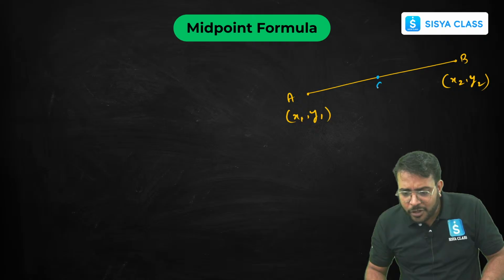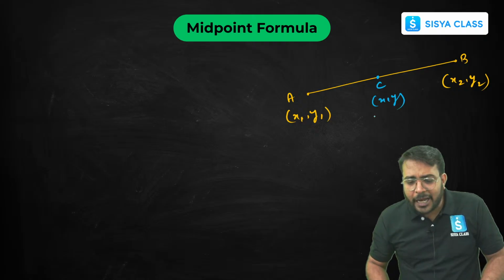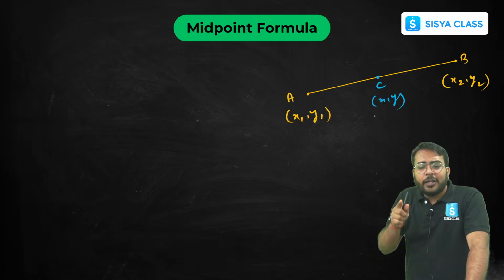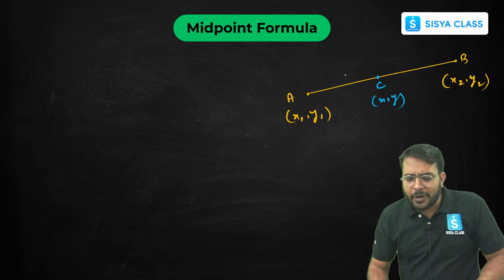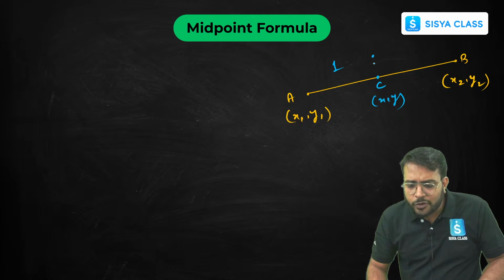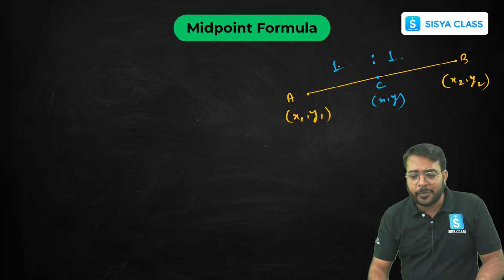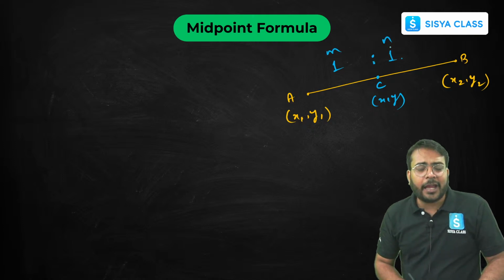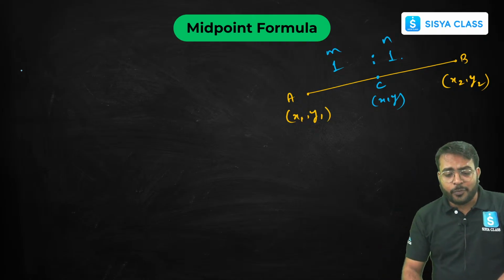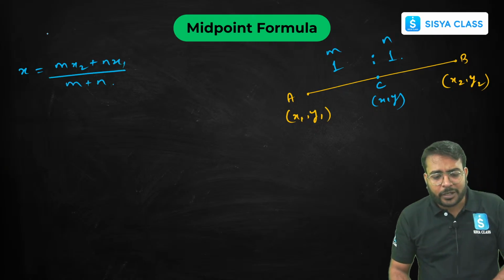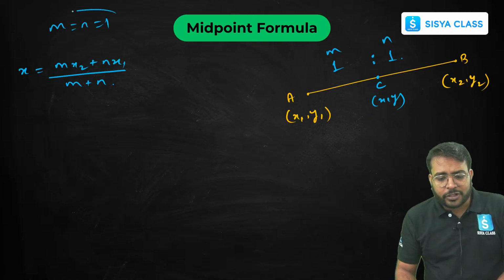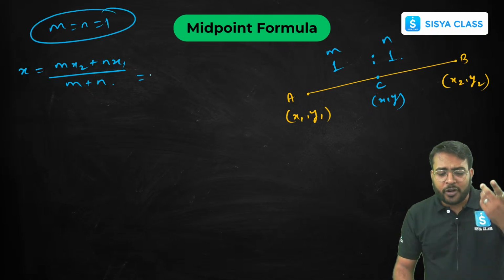मुझे एक पॉइंट फाइंड आउट करना है, उस पॉइंट का कोऑर्डिनेट फाइंड आउट करना है बेटा, सच दैट ये जो पॉइंट है ना, इस लाइन को इक्वल पार्ट्स में डिवाइड करे। अगर इक्वल पार्ट्स में डिवाइड करेगा बेटा, दैट मींस इसको 1:1 में डिवाइड करे। यहां पर m और n की वैल्यू 1 है, ठीक है। तो अभी जो मैंने सेक्शन फॉर्मूला यूज किया था ना बेटा, m इंटू x2 प्लस n इंटू x1 डिवाइडेड बाई m प्लस n, ओके। यहां पर m और n की वैल्यू जस्ट 1 सब्स्टिट्यूट कर दो एंड यू विल गेट योर मिड पॉइंट फॉर्मूला, ऑलराइट।